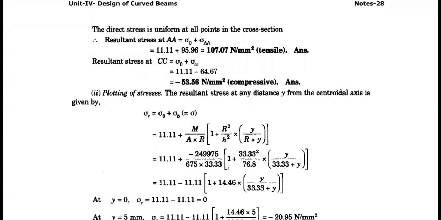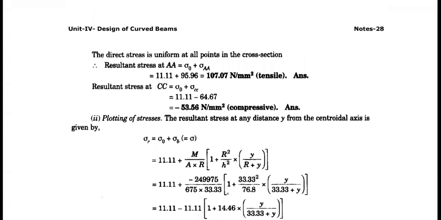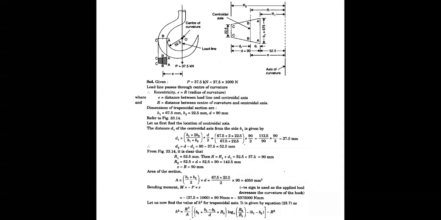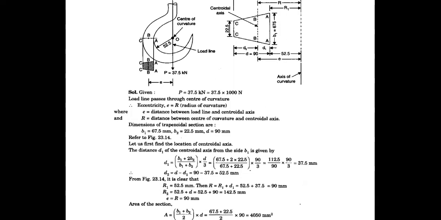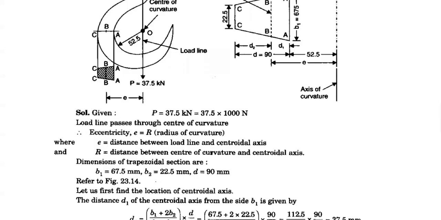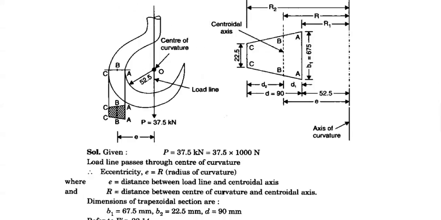Now we consider one circular section problem. Before that, there is another problem you have. No need to copy it, because the notes are already available with you, but please observe here. The same thing again here also. So R equal to E again for the trapezoidal section, and the same procedure. Consider the cross section AA and the cross section CC.